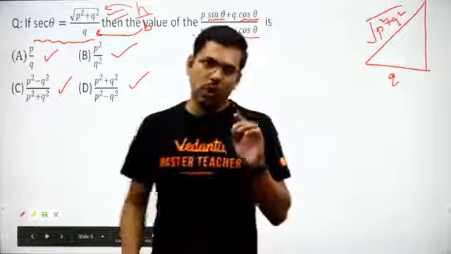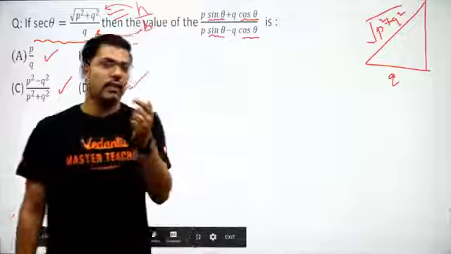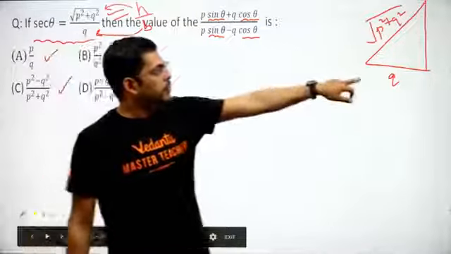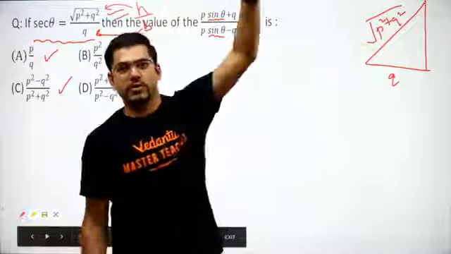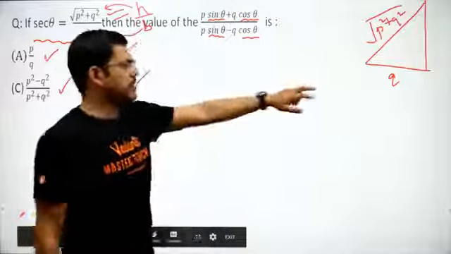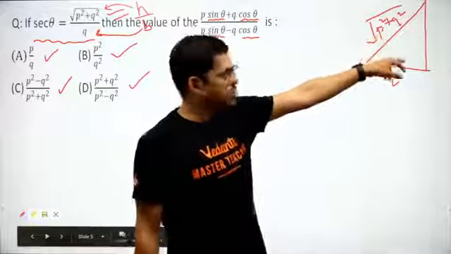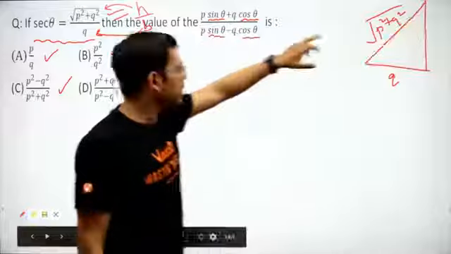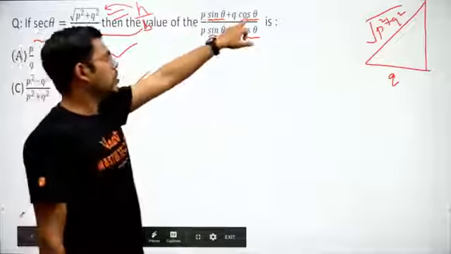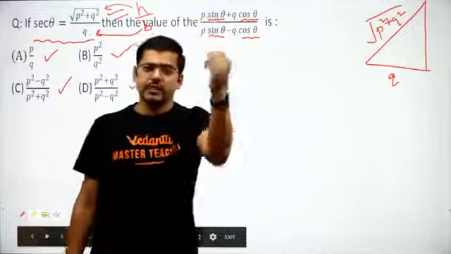I guess you all would have understood, but you would also have understood that this process is going to be a very long process, isn't it? Because this will take time. First, you need to apply the Pythagoras theorem here, get the perpendicular, thereafter get the values of sine theta and cos theta, and thereafter get all the values.